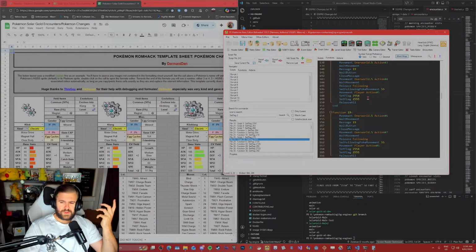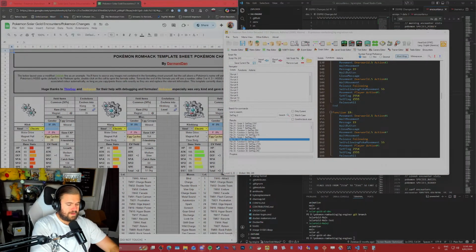So that's the only thing I'm not doing is removing the overworld, which is definitely a good shout, but is there a way where you can reference an overworld from a different header?